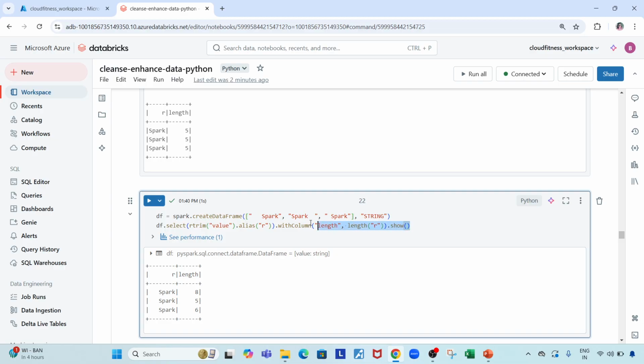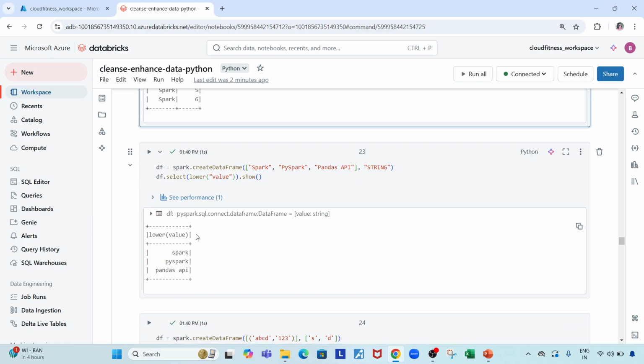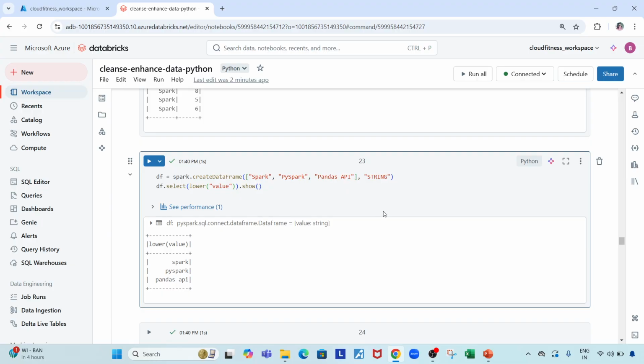So like that, you can see how your L trim and R trim works. L trim means remove from the left. R trim means remove from the right. Let's go ahead. So when you talk about this particular data frame, right, you have PySpark, Spark, Pandas API, string,